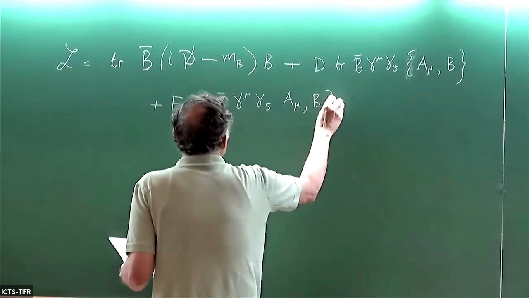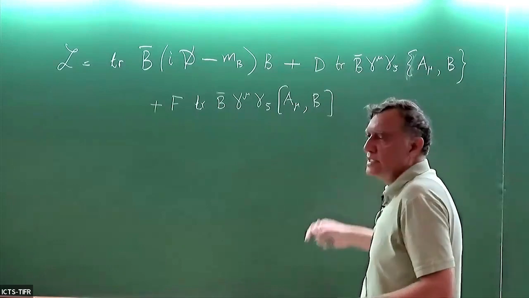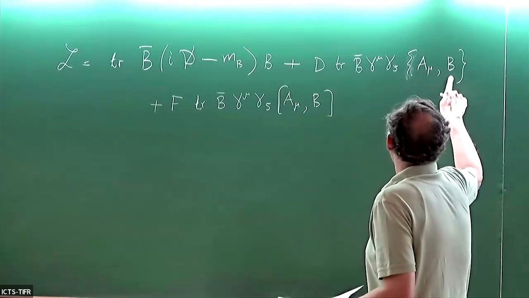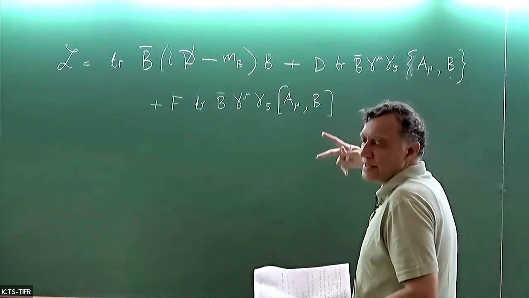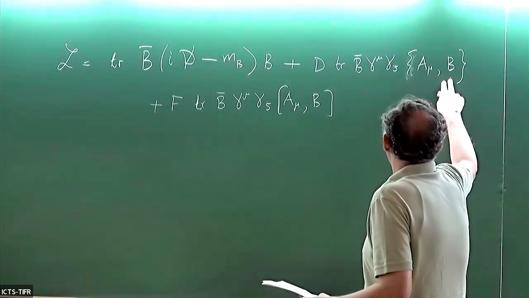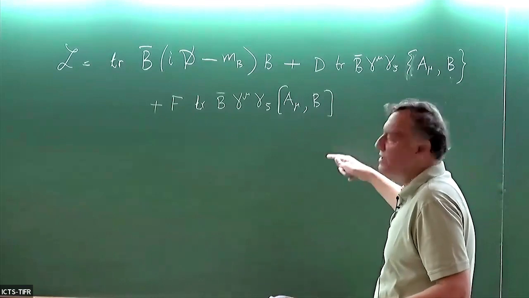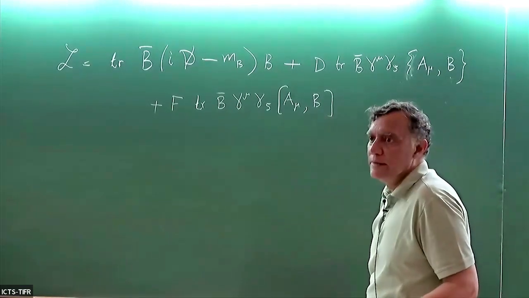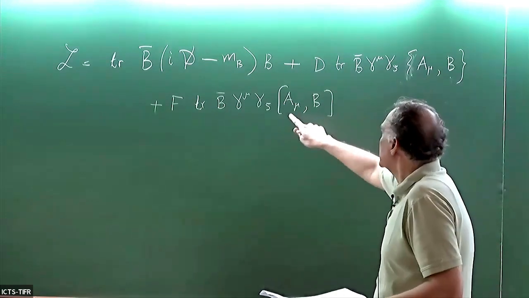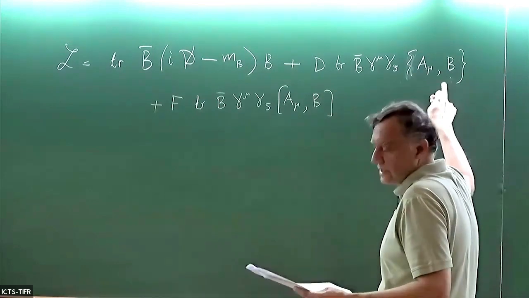commutator B. So when you take the trace of these three matrices, you can always put the B bar as the first one, but then you can either have A mu B or B A mu. And rather than write those terms separately, people write them as the linear combination of A mu B plus B A mu and A mu B minus B A mu. And this is called the D term and the F term. Because in SU(3), if you take the commutator of two generators, you get the F symbol. And if you take the anti-commutator of two generators, you get the D symbol.